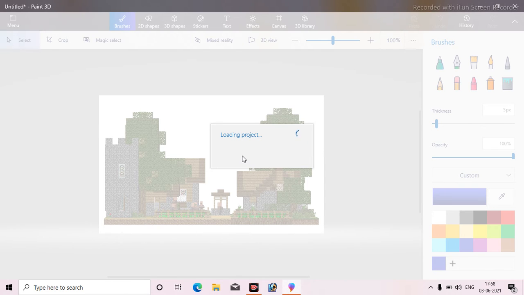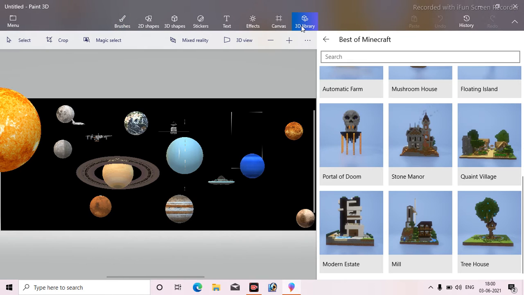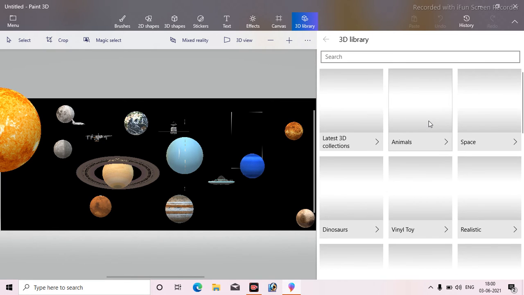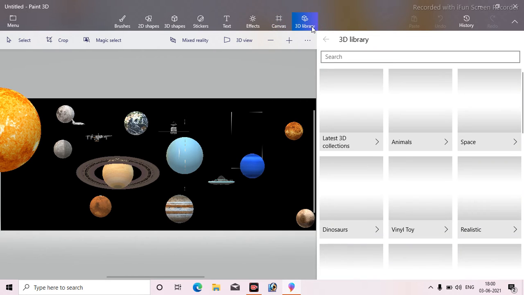I have been waiting 10 minutes, but yeah, because this takes a lot of time. Okay, oh my god, guys, this is the drawing which I have made with the help of 3D Library, and I have gone into space. See, here is space.